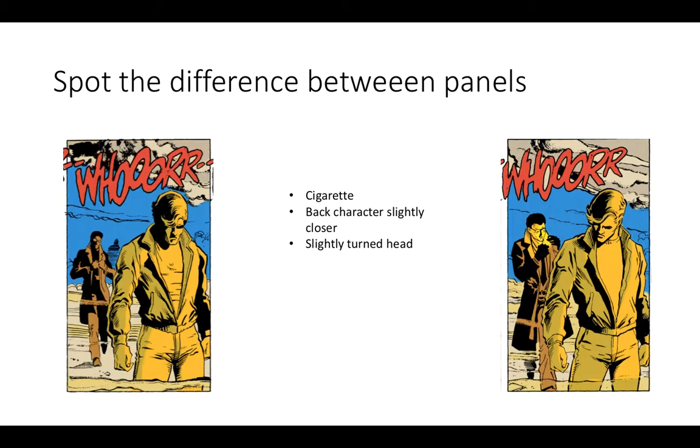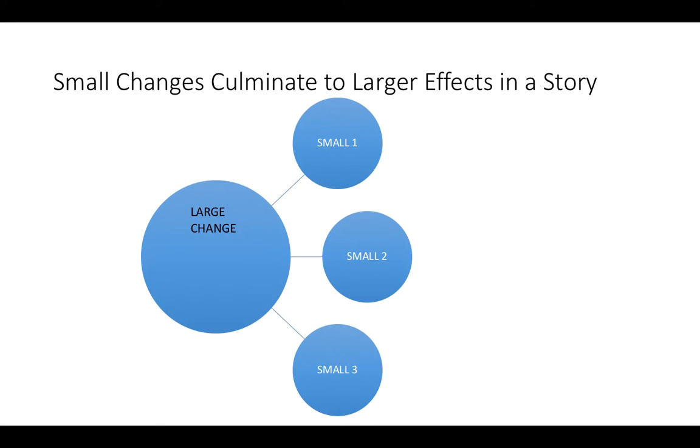When a scene is sprawled out over 2 or more panels, time appears to slow down, and the audience is able to pick up on the tiniest details. The actions depicted in this scene, for example, like the cigarette, would not normally be noticeable. The effect of this is enormous to the mood of the story. With the subtle cigarette added between scenes, it is clear that the character approaching in the background is troubled by this event. Spanning multiple scenes and creating little changes allows authors to use more specific techniques to show large changes